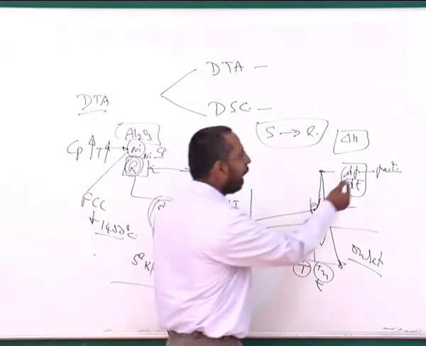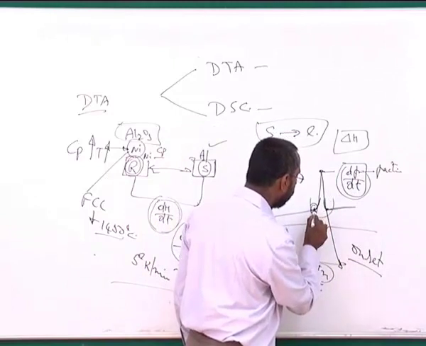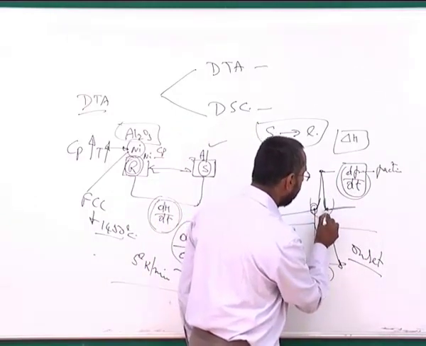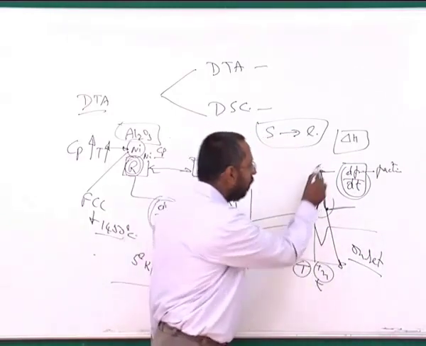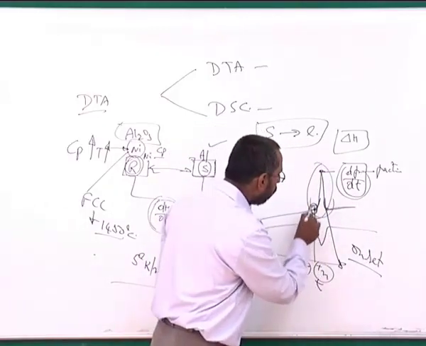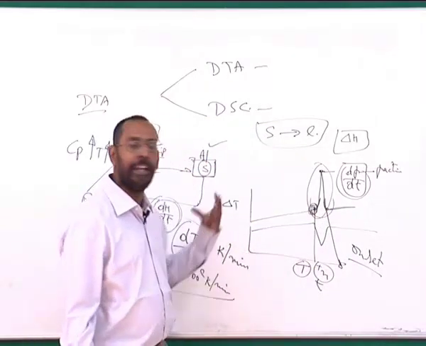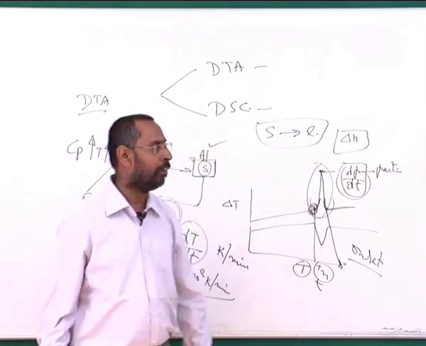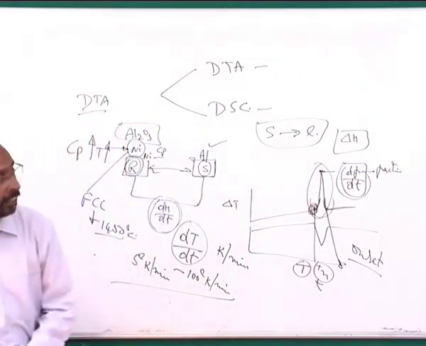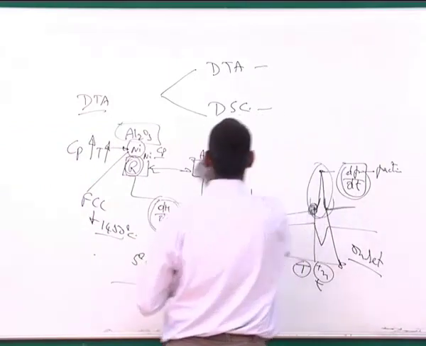And within that time interval, this is the start of transformation where the liquid just starts forming, and here where the liquid is complete. So you will see that there is a peak that is achieved, and by looking at this particular onset of transformation, one can get an idea of what the transformation temperature is. We can not only get the transformation temperature, we can also get the kinetics of this transformation.